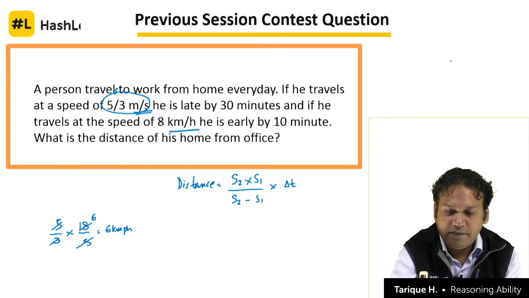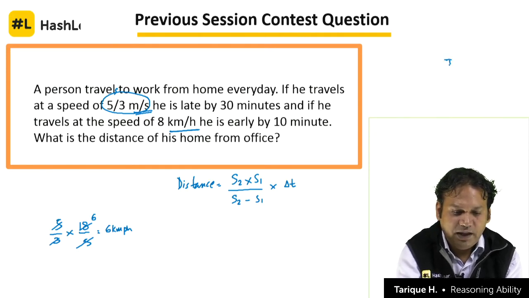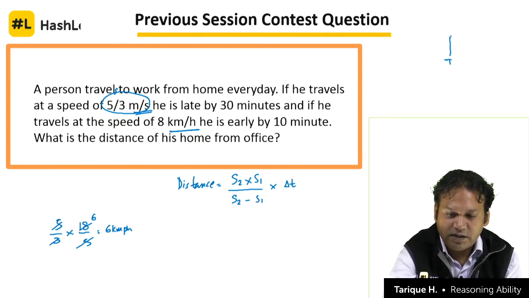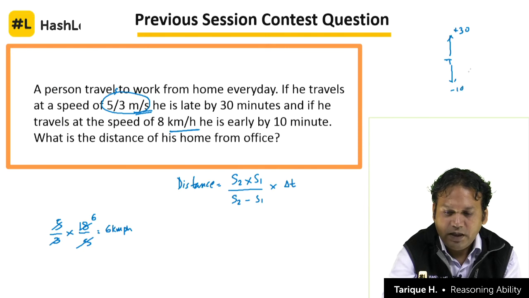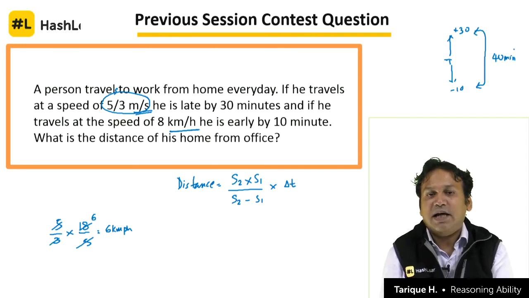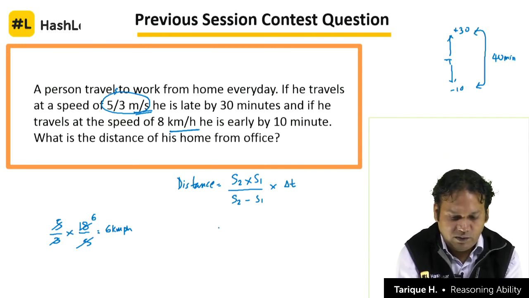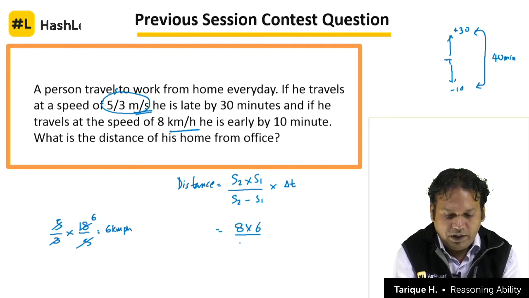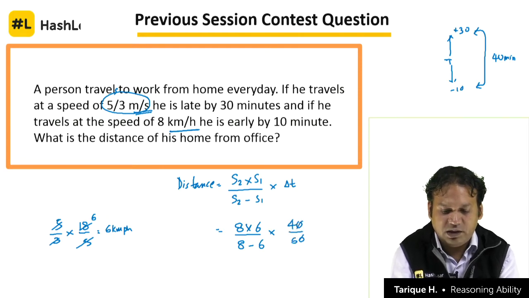The change in time, let us say the actual time is t, late by 30 minutes and early by 10 minutes. So, the gap between these two is 40 minutes. So, what is the change in time? The change in time is 40 minutes. So, let us put the formula here now, S2 8 into 6 by 8 minus 6 into 40 minutes, but minutes should be converted into hours. So, yes, 40 by 60,